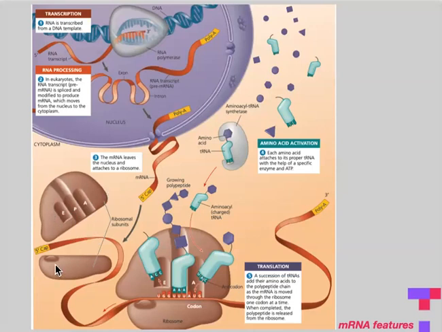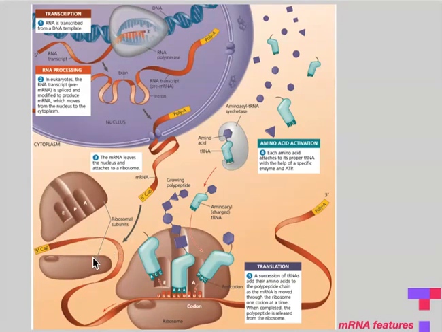The ribosome subunits will assemble around the mRNA transcript. Meanwhile, we have amino acid activation where each amino acid attaches to its proper tRNA with the help of a specific enzyme as well as ATP. So this process requires energy, because we're linking things together. And this process is facilitated by an enzyme called aminoacyl tRNA synthetase. In either case, in the next step,